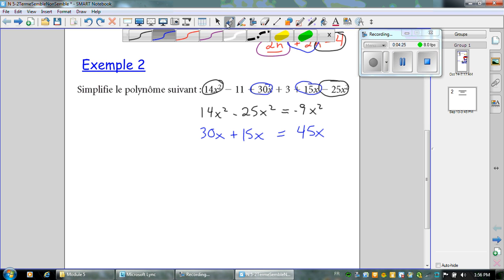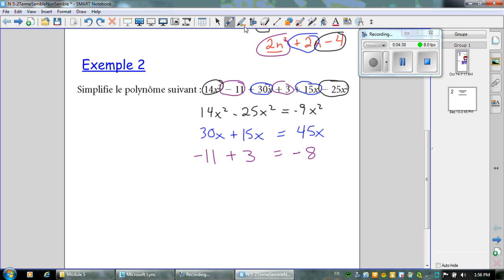And finally, I'm going to look at my constant terms. So I have negative 11 and 3. So negative 11 and 3 is negative 8. So my final answer would be negative 9x squared,